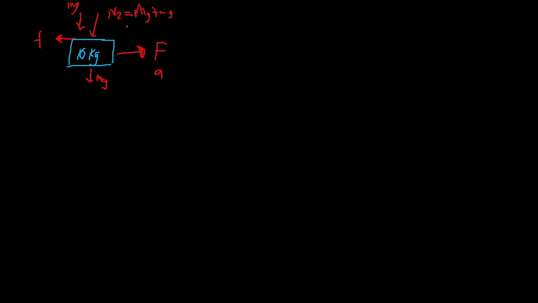So, yung box natin is being pulled towards to the right by a force F, and the lower box is accelerating with an acceleration equal to A. Ito. So, the force acting on the lower box in the horizontal direction is the force F, and the backward force due to friction. So, this backward force is because the lower box is actually dragging the upper box along